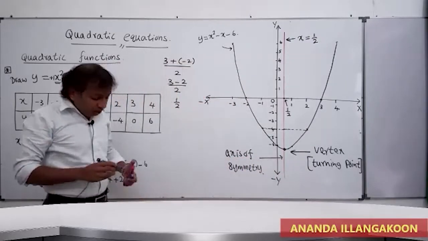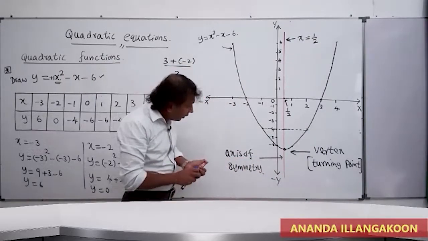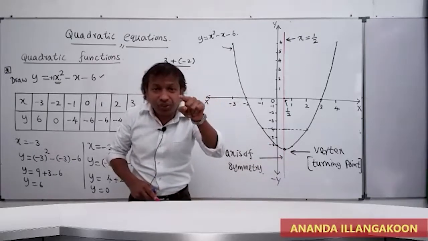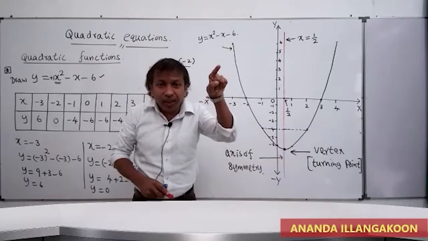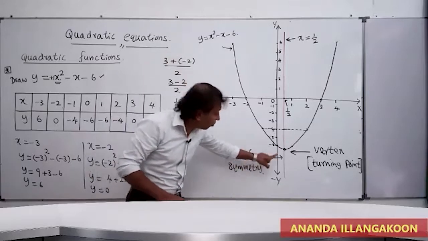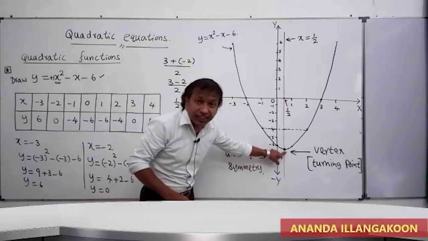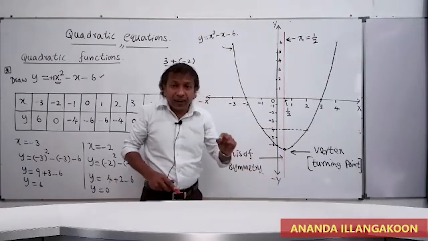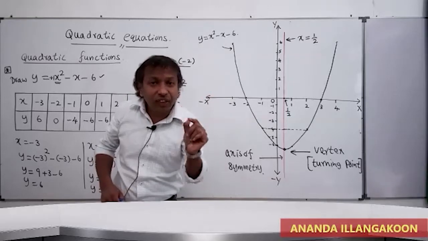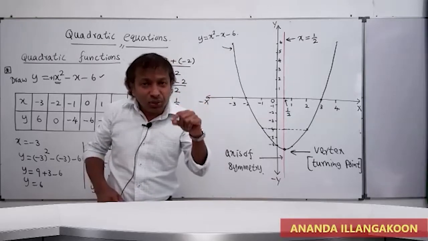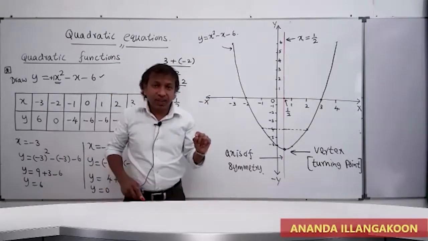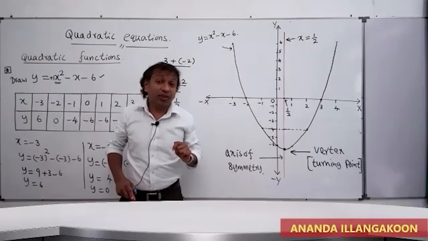Right. Then people, here this vertex: in your O levels, you roughly drew this in the graph paper and roughly found the x coordinate and y coordinate at this vertex. The accuracy of that answer depends on the reader and the way you drew the graph. Then the answer you obtained in your O levels is not the accurate one. People, there is an easy way of finding